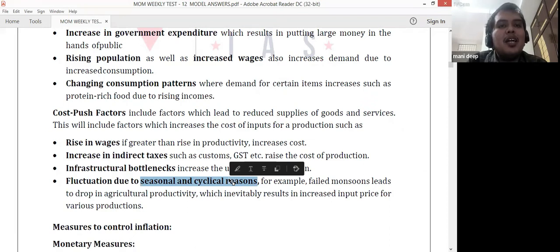In the same way, reverse repo rate is nothing but banks giving money to RBI. If they increase the reverse repo rate, then the banks will not be interested in giving money to people. Rather, they will be interested in giving their money to RBI. Then also, inflation will be controlled.